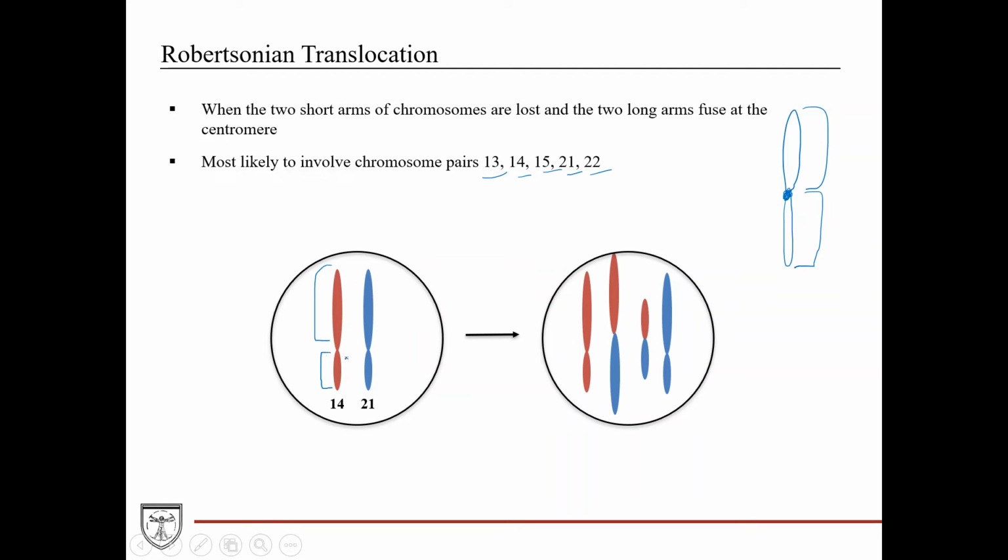It's not very important at all because it's repeated elsewhere in the genome in other chromosomes. So if it's lost, it's not a big deal. What happens here is you have this fuse with this and then this fuse with that. So you get these two short arms fused together and a long arm and a long arm fused together. Now, this usually disappears during meiosis, and that's not a big deal again because this information is